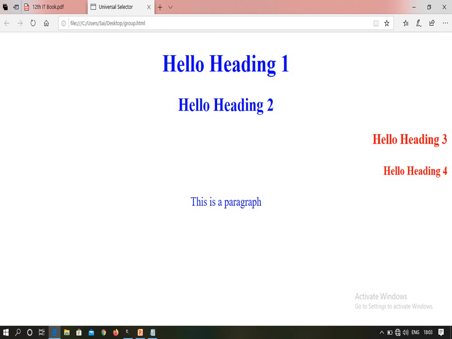And the second group, which is applied on H3 and H4, has text aligned to the right and text color red. So hello heading 3 and hello heading 4 are displayed at the right side of your web page.